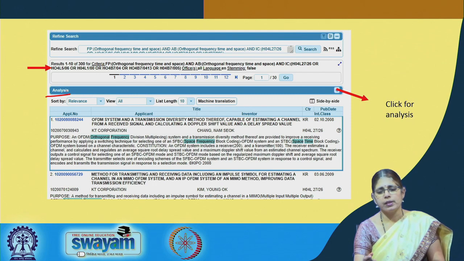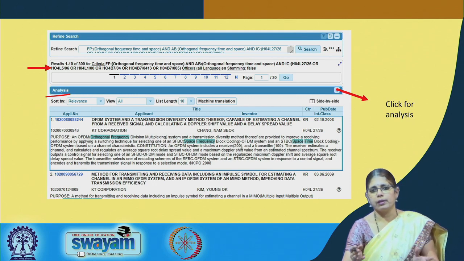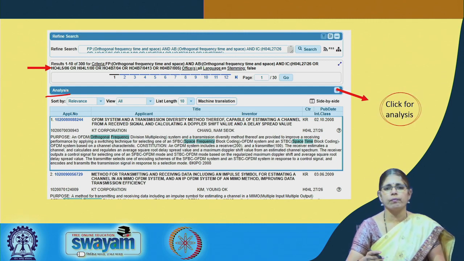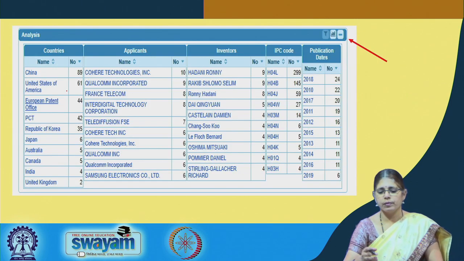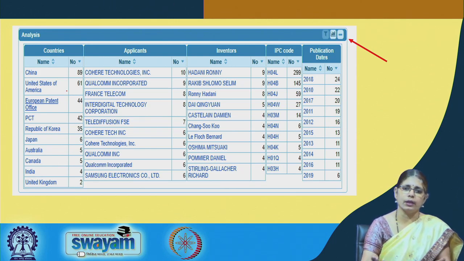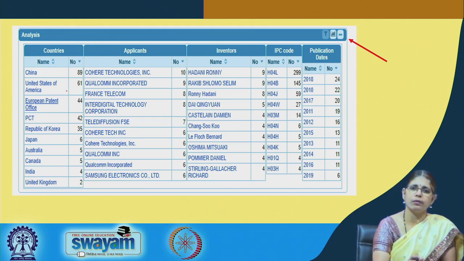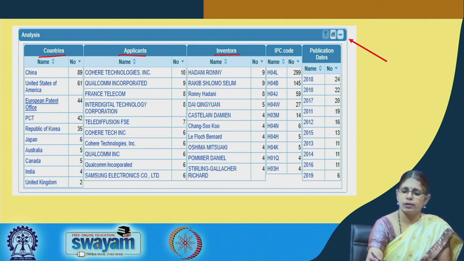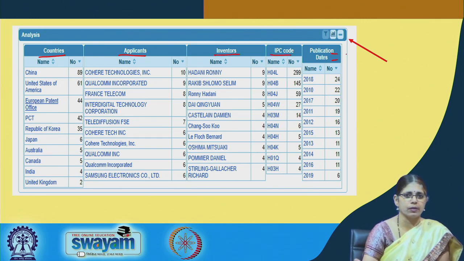So, basically a lot of data can be generated based on the patent data set that is collected from the search. If you click on the analysis option, there are various forms in which the data can be analyzed. The basic data that throws up once you hit the analysis button is the organization of the data in the form of separate columns, as you can see, by countries, by applicants, inventors, IPC code and the publication dates.